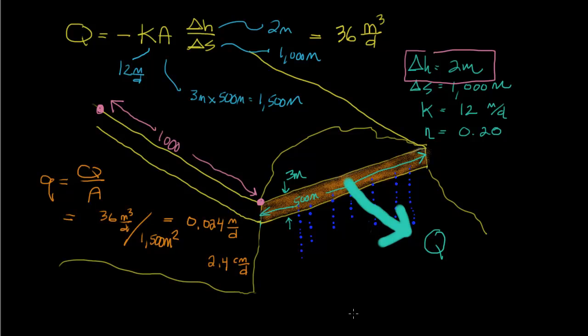What would have more meaning is if we could calculate, which we will do next, the interstitial velocity. To calculate the interstitial velocity, we're going to use the expression that the interstitial velocity is equal to the specific discharge divided by the porosity. So that's going to be 0.024 meters per day divided by 0.2. That's the porosity. And that is equal to 0.12 meters per day, which again is